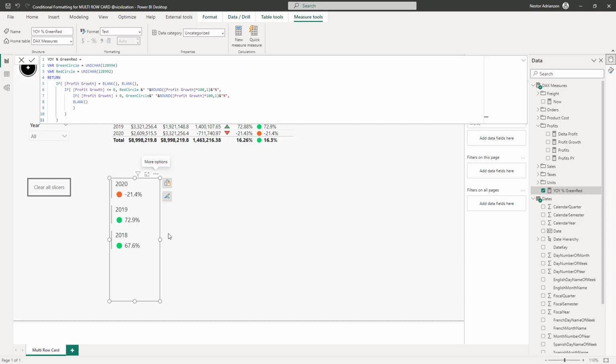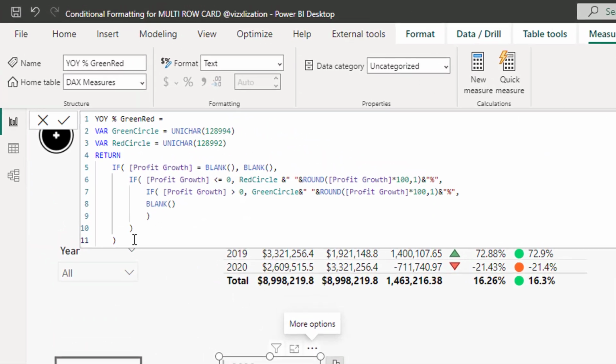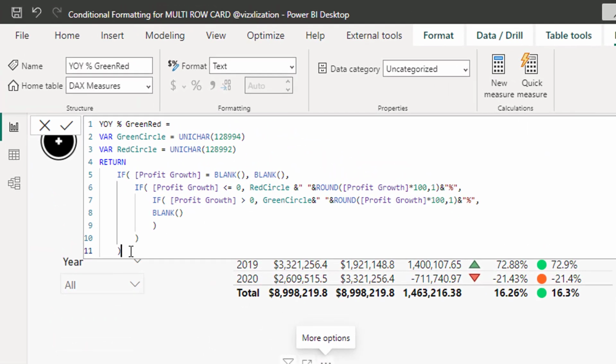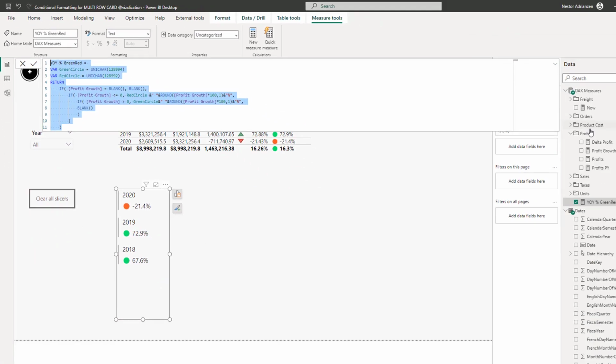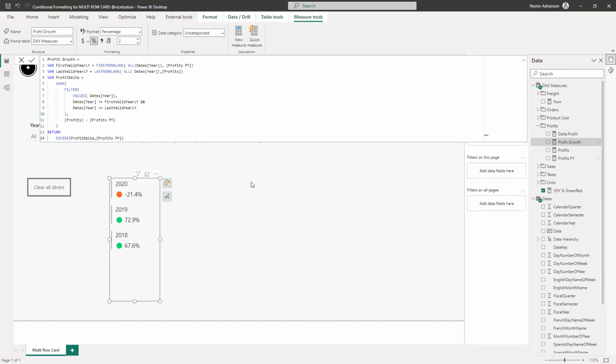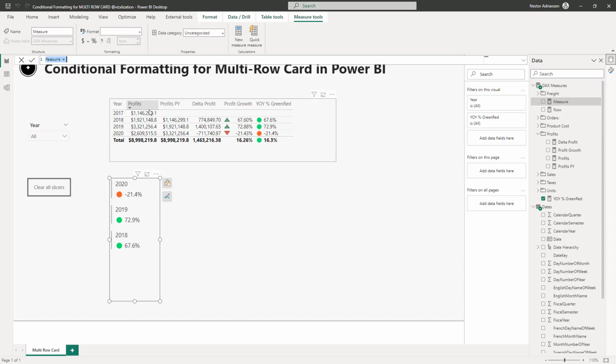How about if you want to do this for up and down arrows? You can do that as well. Check this out. So the only thing that we need to have here is the unit chart code for the up and down arrows, and I do have them. So what we're gonna do here is the following. Let's copy this measure, Control C, and let's create another measure. Right click here, new measure. Check this out, Control V,